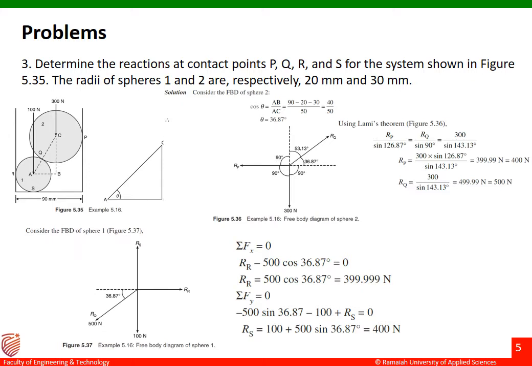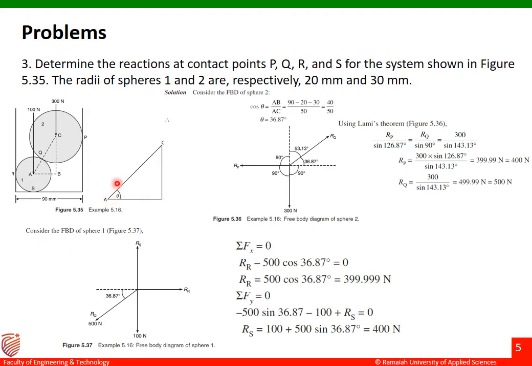Okay, so this is my given figure. There are two spheres here, sphere number 1 and sphere number 2 there. Okay, and the weight of sphere 1 is 100 Newton and sphere 2 is 300 Newton. And you can see there is a small triangle drawn over there. It is magnified here, A, C and then B here.